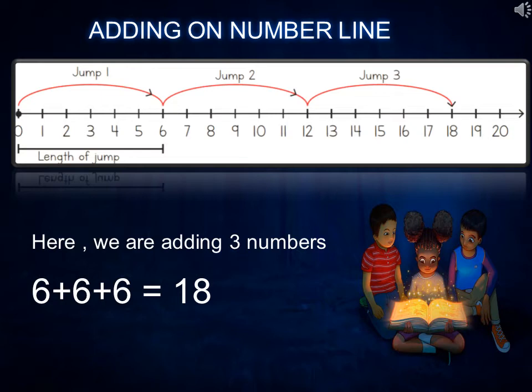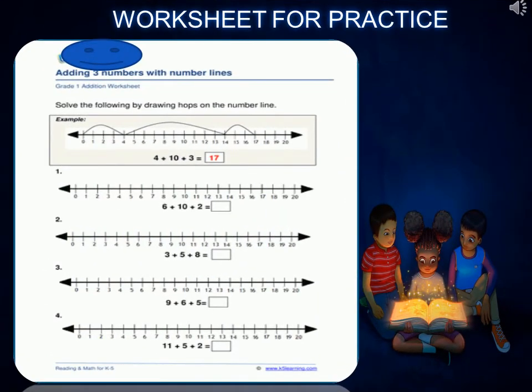Let us have a worksheet for practice now. Here is a 4-question worksheet for you. You can solve it in your copies. Let me clear this to you that it is only for your practice purpose. So the example here is 4 plus 10 plus 3 equals to dash. So students, we will start with 0, jumping on to 4,